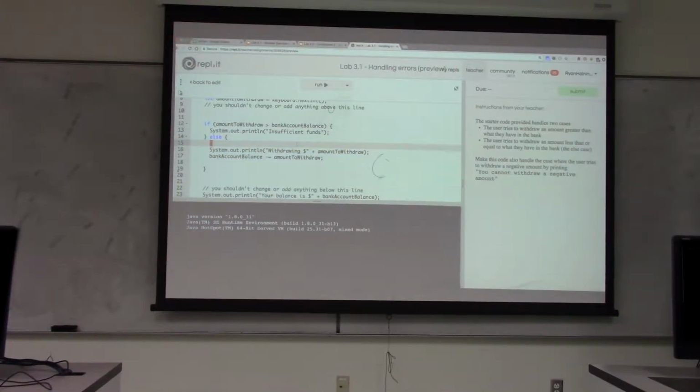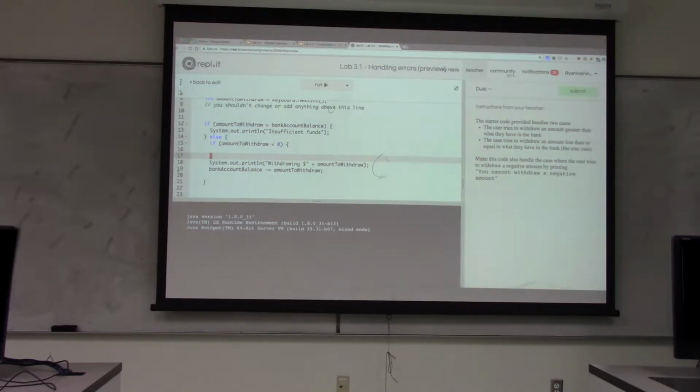So let's look at how we can do this. In my else case, I need another check. So just like my slide, I'm going to check if amount to withdraw is less than 0. That's how I know I shouldn't do the withdraw. So in that case, I tell the user that you cannot withdraw a negative amount. But that's not enough, because if I just write that, if I run this and type in -10, down here